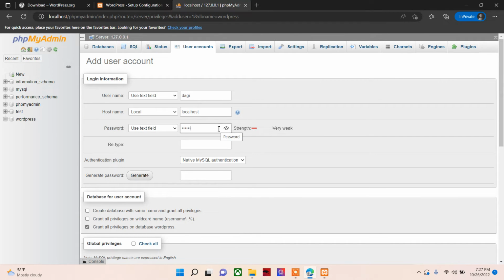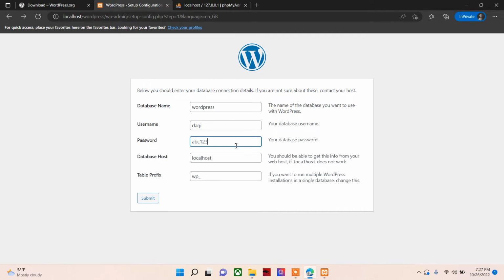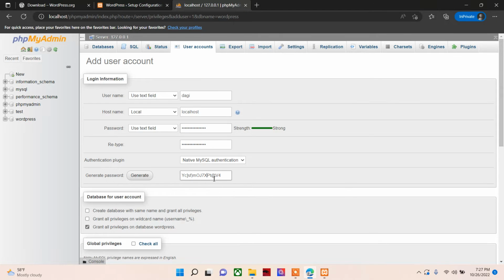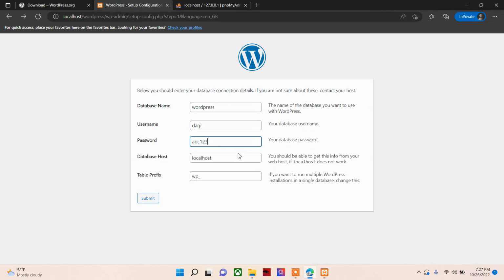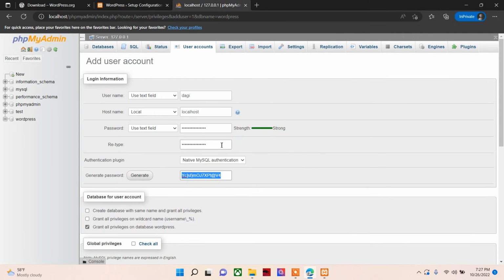It's very weak, so we can generate over here. Let's copy and paste. This is the generated password, I guess. I might forget the generated password. Anyways, if you want to use generated passwords, you could. In my case, I didn't want to use it, so I'll just be using